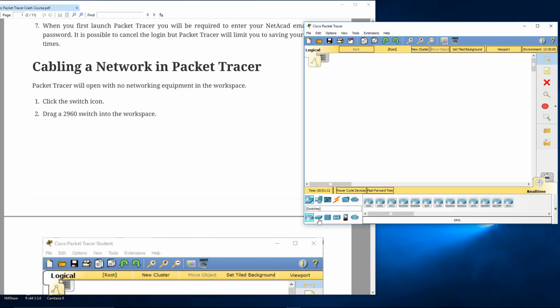Down here in the bottom left, you have different types of devices that you can add to your workspace. So I'm going to click on this switch icon, and I can see a bunch of different types of switches that I can add. We are going to use the 2960 switch heavily. So I'm going to click on that switch, and then you can see my cursor changed into a plus,